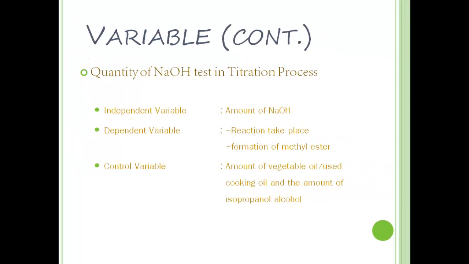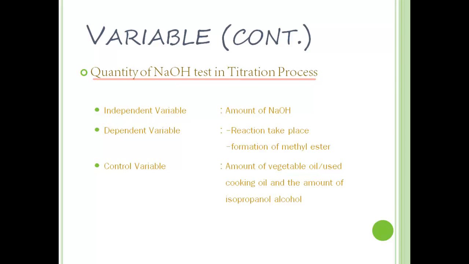And for the second experiment, the quantity of sodium hydroxide test in the titration process. The independent variable is the amount of sodium hydroxide. The dependent variable is the reaction taking place and formation of methyl ester. And what we have to control is the amount of vegetable oil or used cooking oil and the amount of